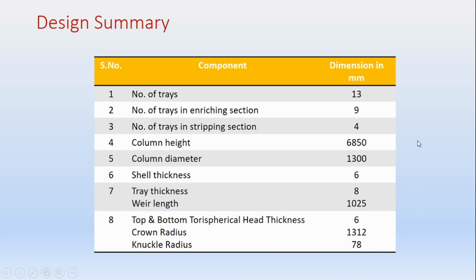Once we complete a design, it is always better to provide a summary of it in table form. Whatever has been determined in this design, all dimensions, all values of the parameters, put it in the form of a table like this. Once this information is given, we can use it to translate into a diagram. Finally we draw the distillation column with all details and show the details of one stage. So this completes the design of the distillation column,